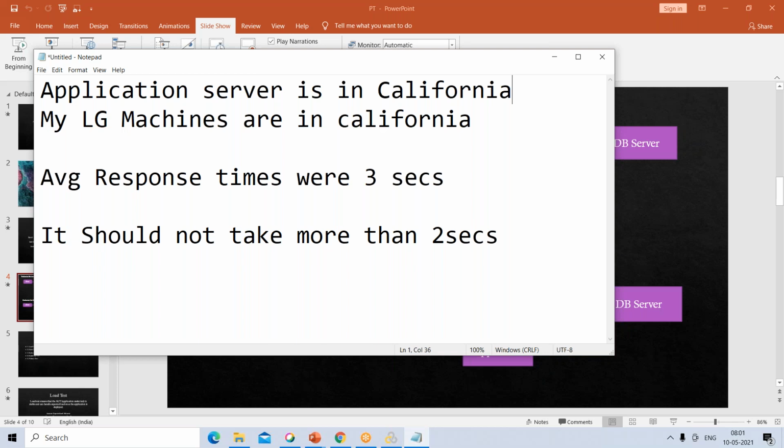Then obviously there is only one option: either you tell the client that there will be a network latency of 1 to 2 seconds, and you can ignore that, or you can ask them to configure a new load generator machine in a specific location. Recently, in one of the previous projects, we had this issue, and we raised a request, and they configured it in 5 days in that particular location.